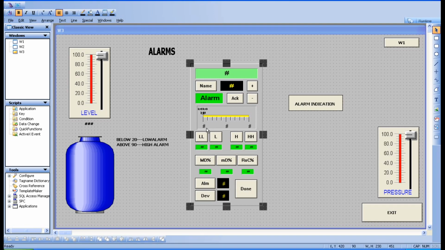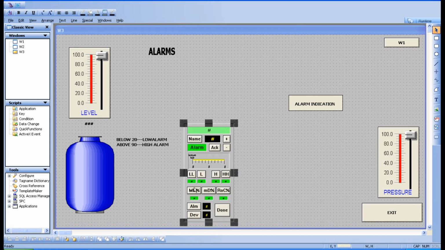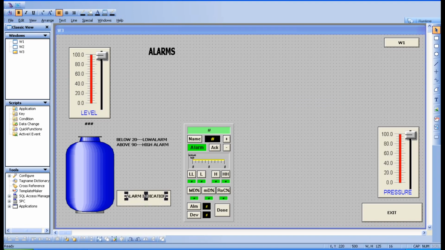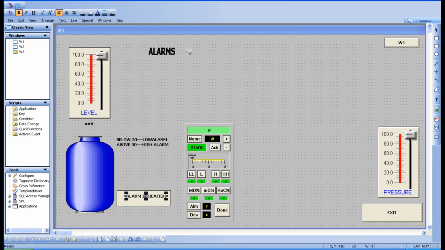There is one more option, I'll show that also. Keep it here. Go to the runtime wizard, go for alarm display. Take this distributed alarm display and keep it here.